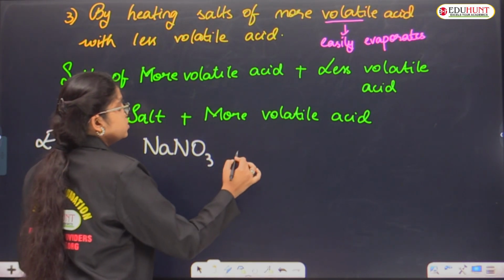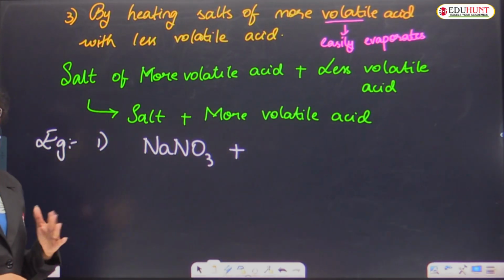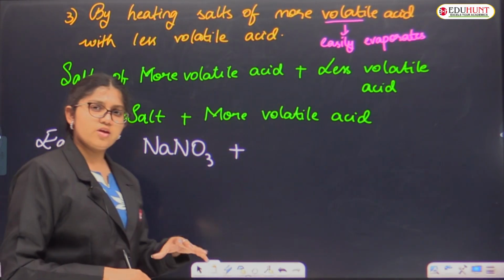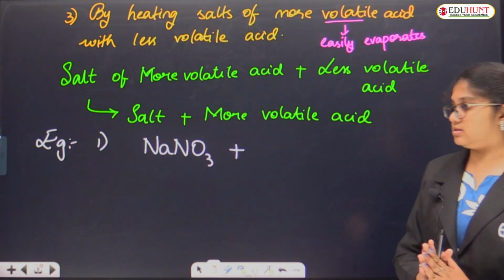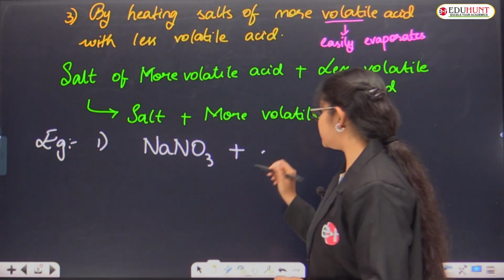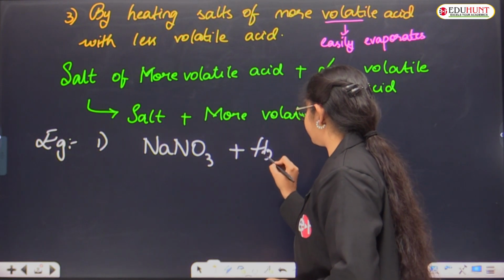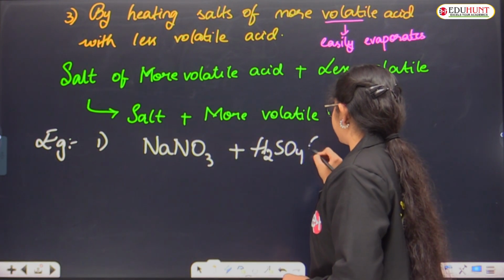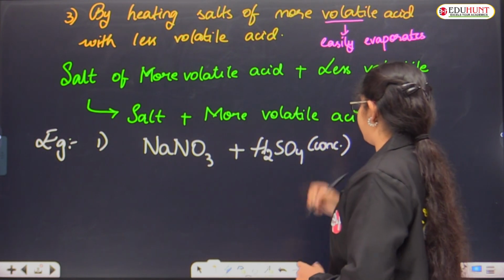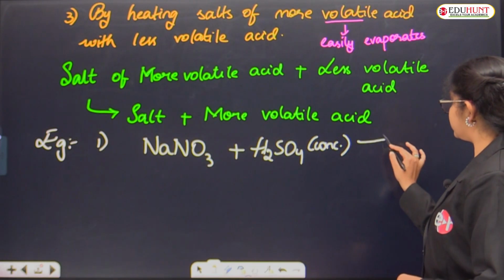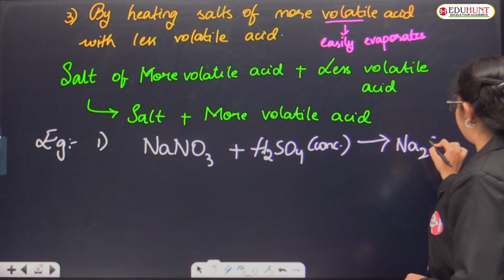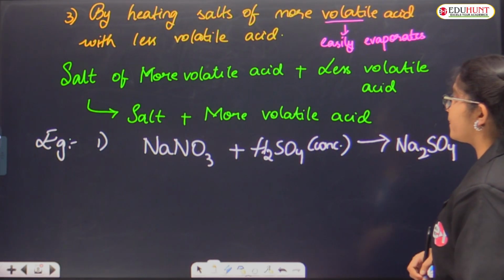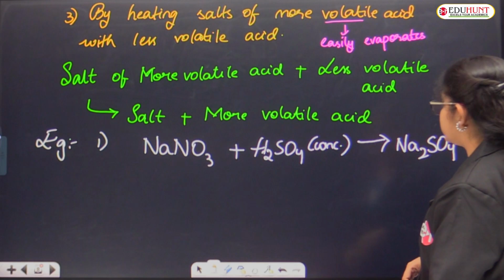And to that, I'll take less volatile acid, which is what? Not quickly, but less evaporating type of acid. That is concentrated sulfuric acid. Concentrated sulfuric acid I am taking. And I get salt. Which salt do I get, you know? I get Na2SO4 and I also get